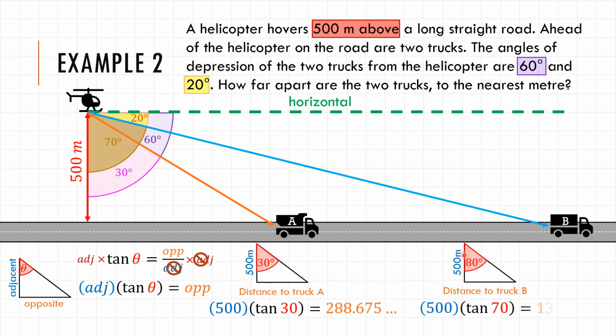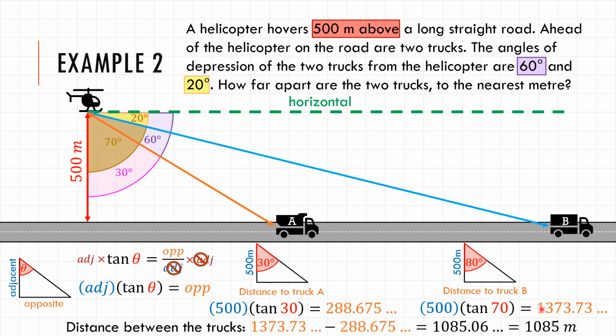And so 500 times tan of 70 is 1,373.738 meters. And of course, there's more decimals after that as well. But I'm just going to take 500 times tan 70, and I'm going to subtract from that 500 times tan 30. And that way I've used the exact expressions instead of rounding it. And that should give me my actual distance between these two trucks, which is 1,085.06. And again, there's many, many more decimals, but I'm going to round it to the nearest meter,